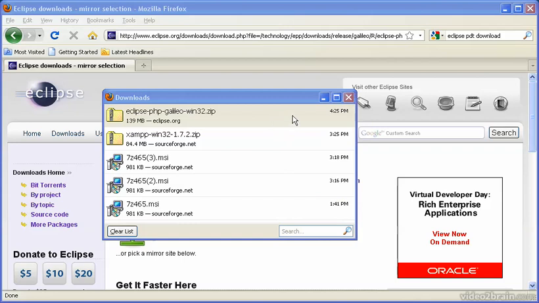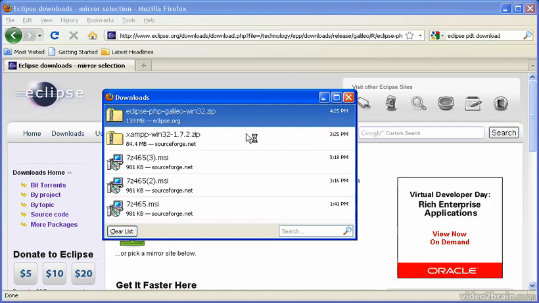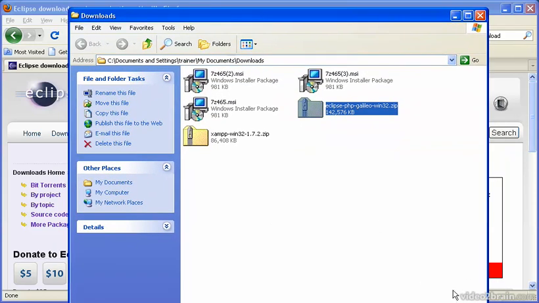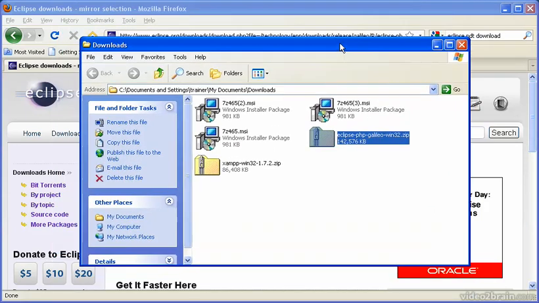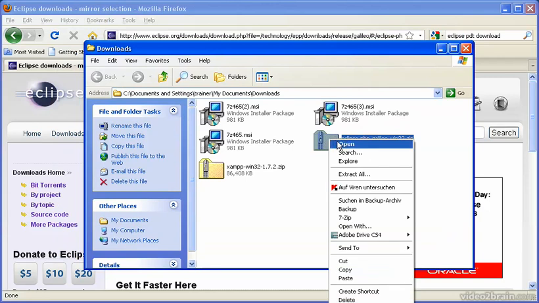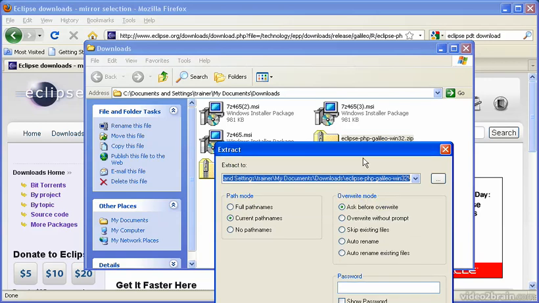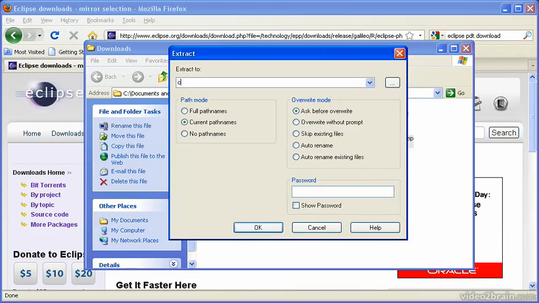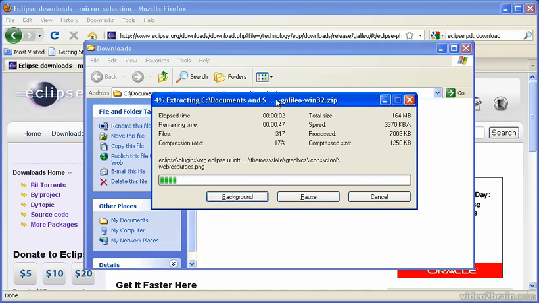So now the Eclipse file has been downloaded, and just like the XAMPP file, what we want to do is go to the directory where it is currently residing, which in my case is the download directory. And we want to right-click, extract files again, and just like XAMPP, put it in C:\, and make sure you remember the backslash, and enter. And all of the files will be copied into a new directory called Eclipse, which is under the root directory